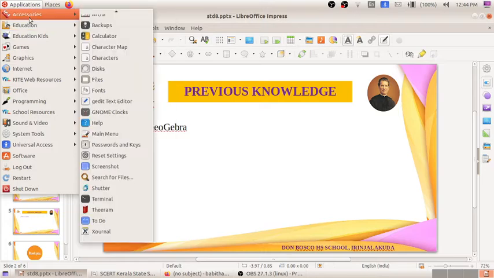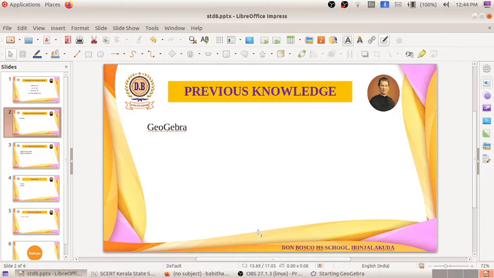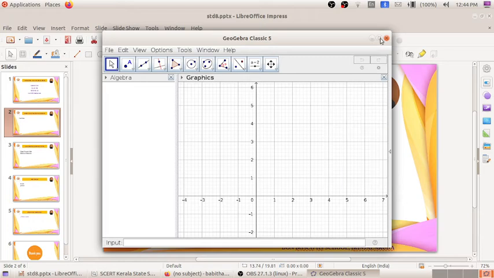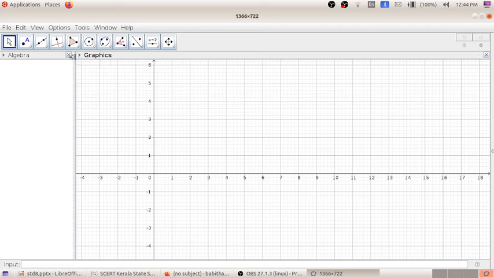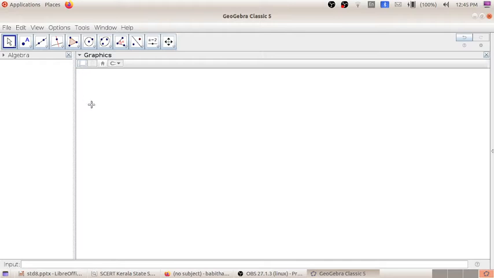For opening GeoGebra, we can go to application, education, GeoGebra. So this is our GeoGebra, and from here I will be closing this, and on page number 112, activity 7.7, let's draw circles. There they have given different types of circles, different tools which help us to draw the circles. So we will be going through the first